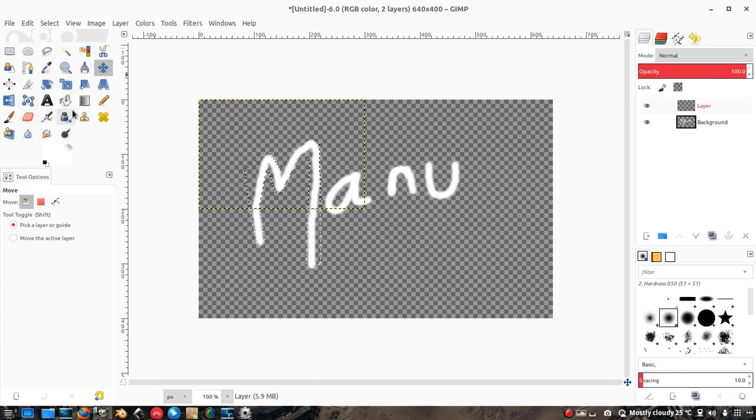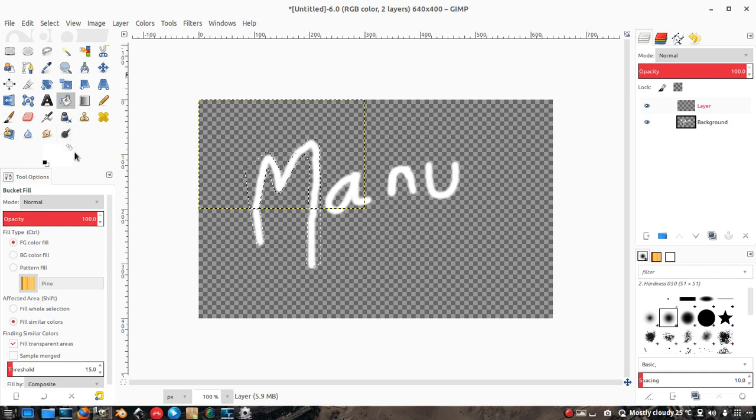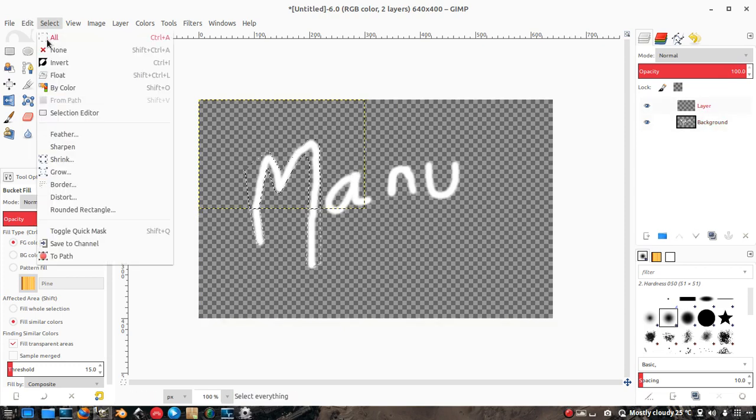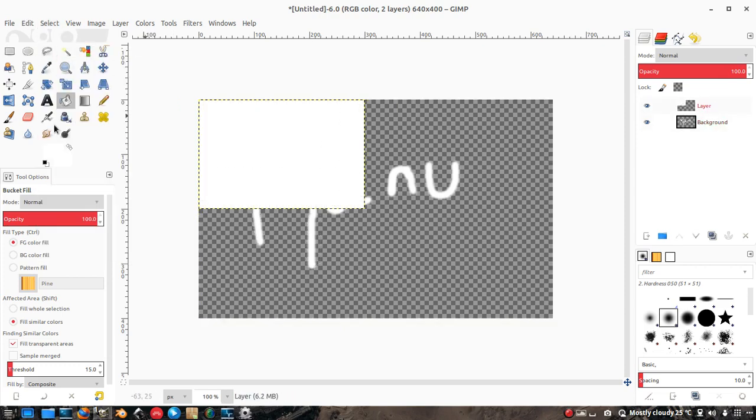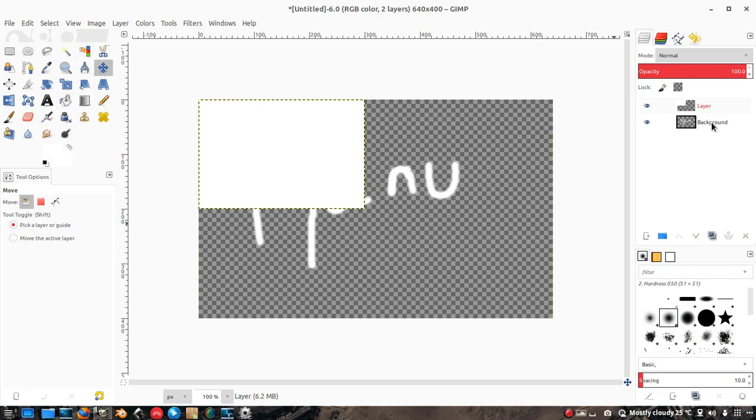To make things clearer, I'm going to fill it with white, and to demonstrate this move tool,